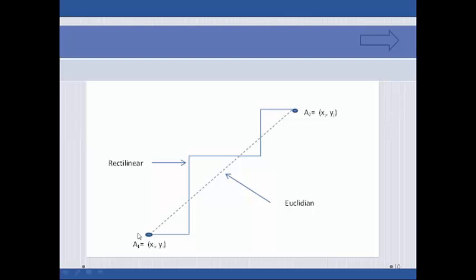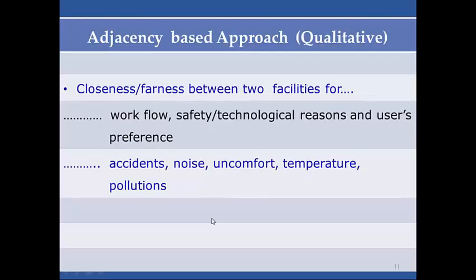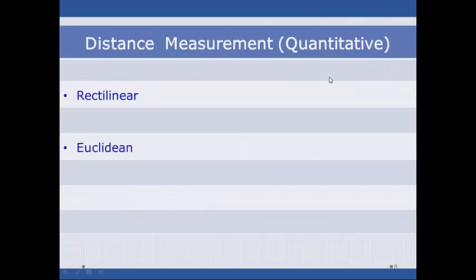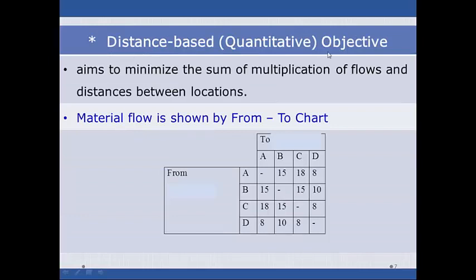So generally in every industry a rectilinear path is followed. This rectilinear path means some distance we are moving horizontal, some distance vertical. So in this way we are reaching to the next machine, which is more feasible in all the cases. So this distance calculation is called as the rectilinear. In this particular problem, I have considered rectilinear distances. So this was the first way of considering the problem, that is objective function distance measurement or distance based objective.